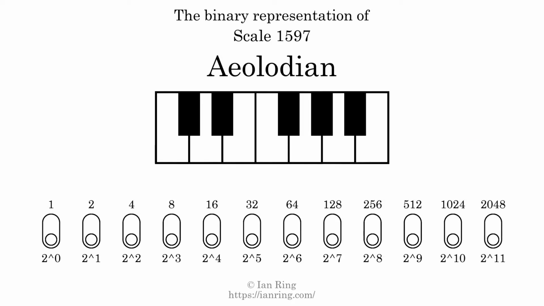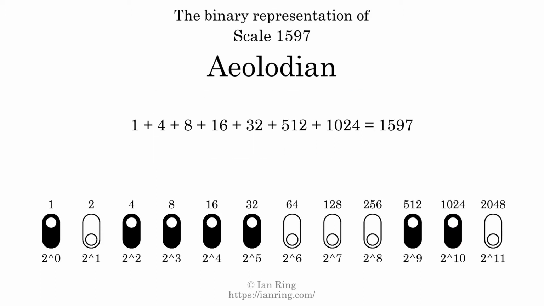The binary representation of this scale is determined by mapping tones of the scale to binary digits. Each binary digit represents a power of 2. To get the scale number, we add the powers of 2 together. The powers of 2 that are present in the scale, all added together, equals 1597. That is why the scale number, in decimal, is